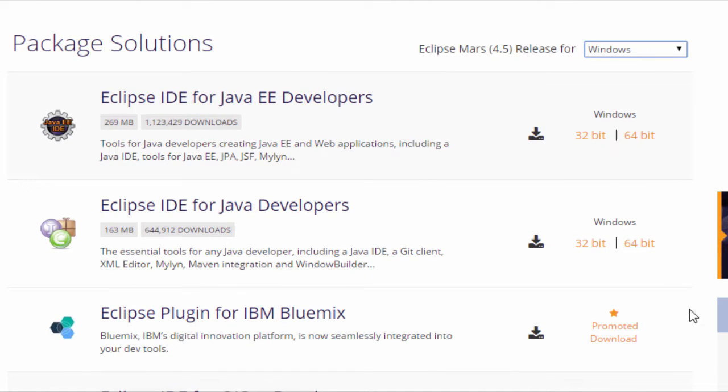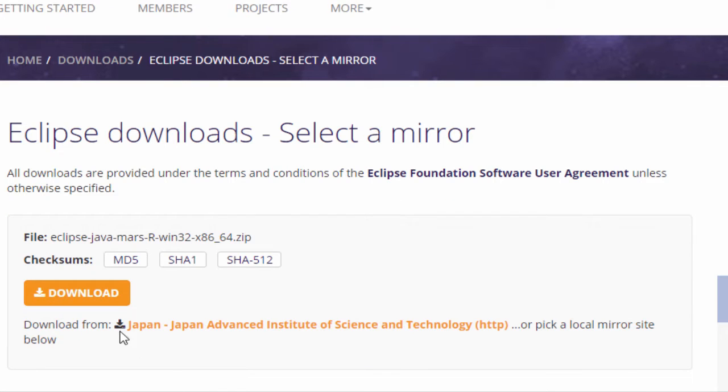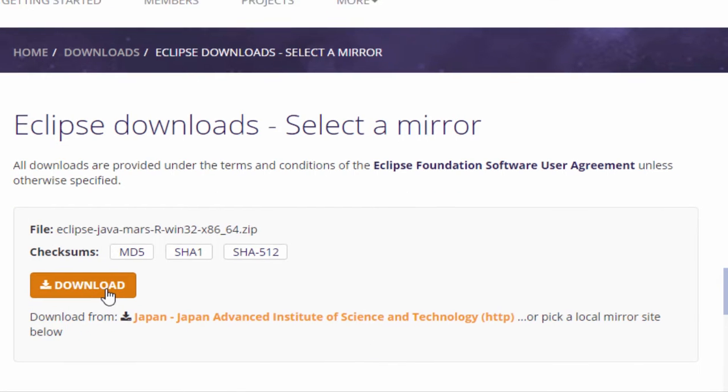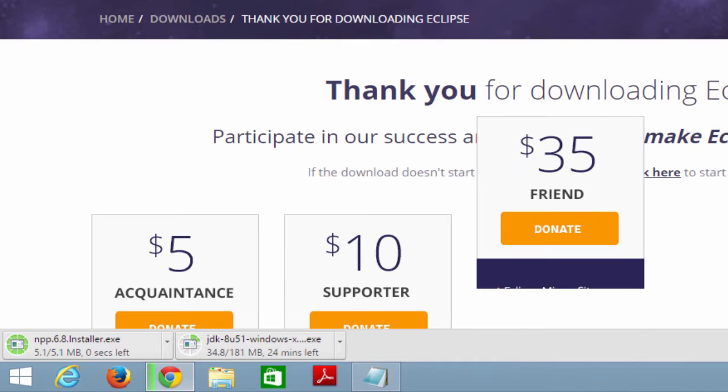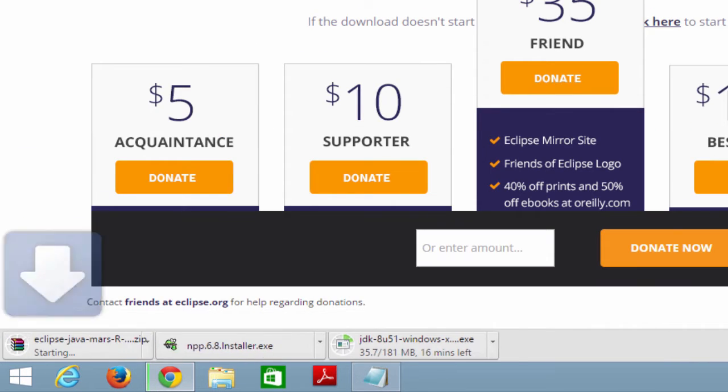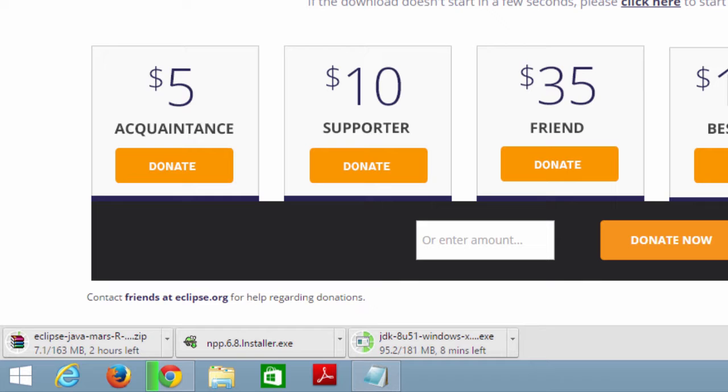Now I've already found out that my system is 64-bit and this course is all about core Java development. So I'm not going to download the IDE for Java Enterprise Edition. I'll just download the IDE for core Java. Click on 64-bit and then on the next page, click on the download link. So the download has started.